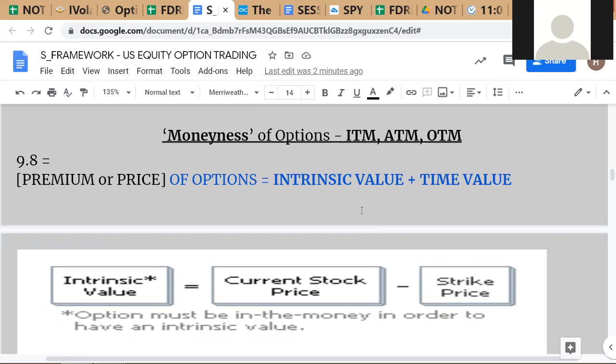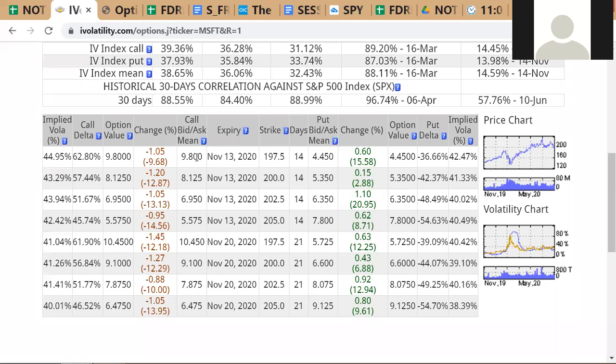This is what Siddharth was referring to a couple of sessions earlier. One of the ways you can make money with an option is by exercising the option, buying or selling the underlying asset, and then immediately squaring your position in the market for the underlying asset. So you exercise it at the strike price. For instance, after you buy this option, the strike price is 197.5. What does exercising the option mean? The question of exercise arises only when you buy the option. First, you have to buy the option, and only then can you exercise it.